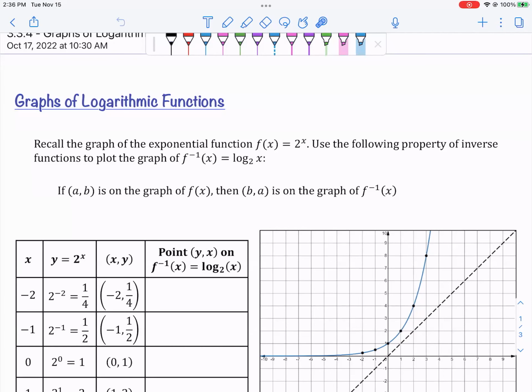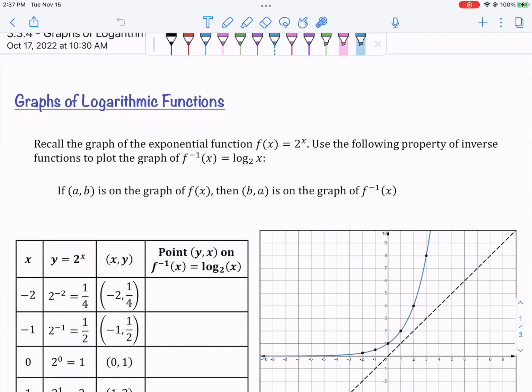Graphs of logarithmic functions. So we've done a lot of things with logs at this point. We've converted back and forth between logarithmic and exponential form. We evaluated logarithms without using a calculator, but we still haven't seen the graph of the logarithmic function. So what we're going to do, previously we had done the graph of y equals 2 to the x back